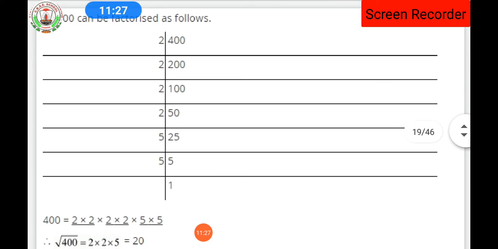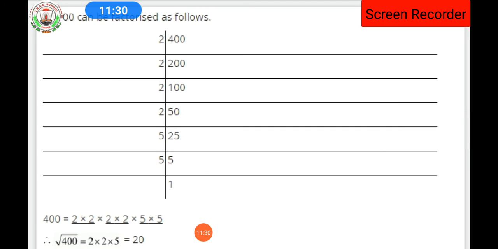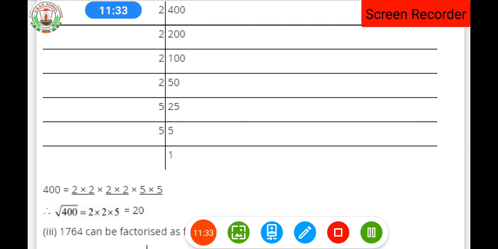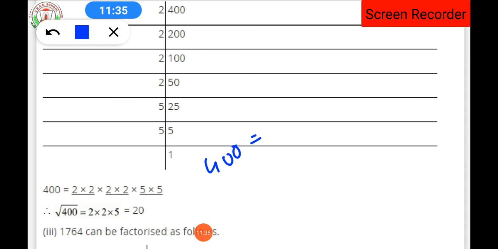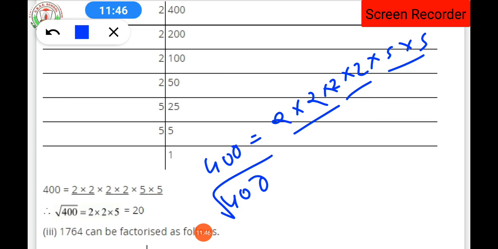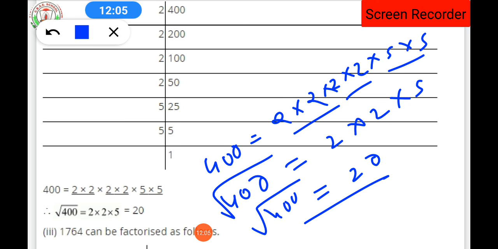As you know what are the factors of 400, as it is an easy one, so directly we are moving towards its factors. Okay, so what are the factors of 400? 2 into 2 into 2 into 2 into 5 into 5. So these are the factors of 400, isn't it? So finding the square root of 400 by prime factorization method, among the pairs of 2's we are going to take one from each pair. So 2 into 2 is 4, 4 into 5 will be 20. So the square root of 400 will be equal to 20.